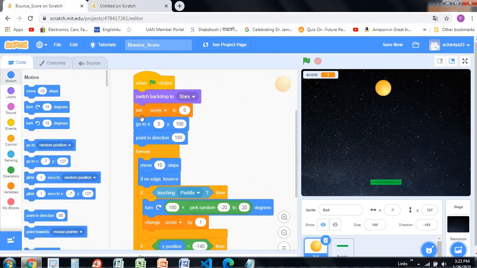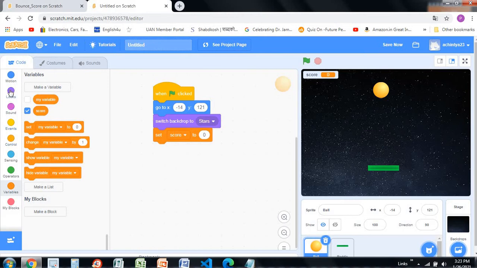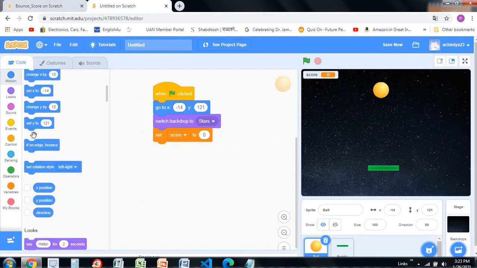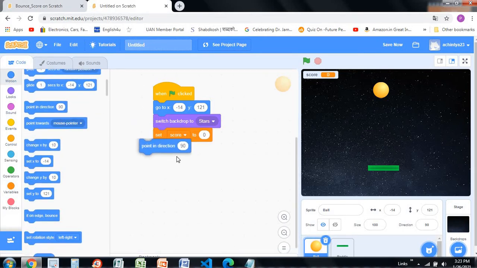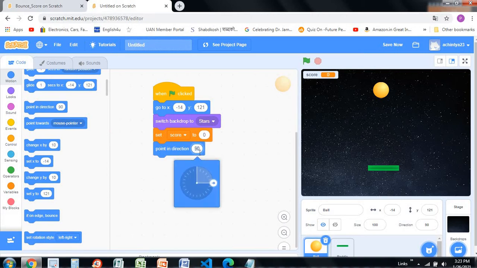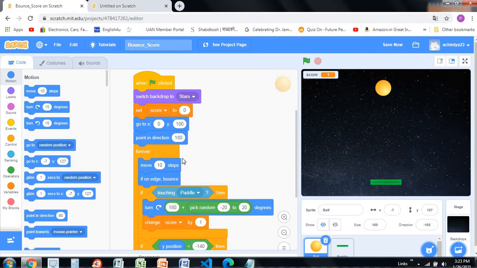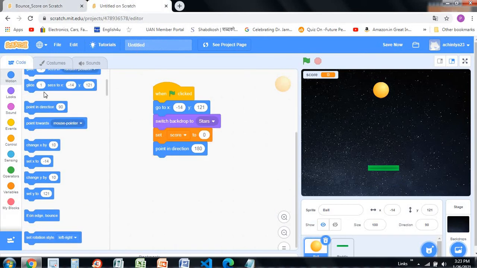And now you'll notice point in direction 180, so that the ball points in the downwards direction. So make it point in direction 180. Yeah, like this.